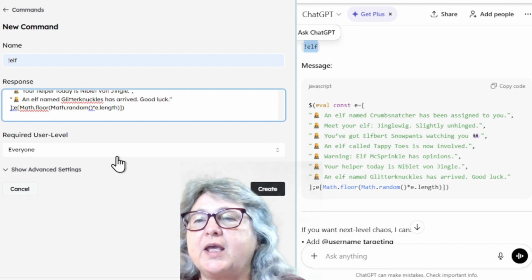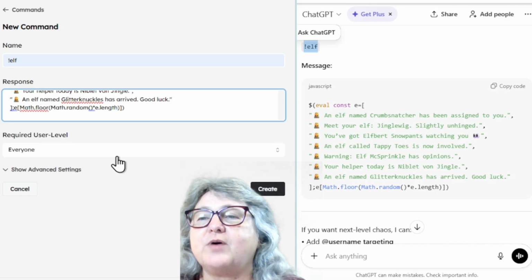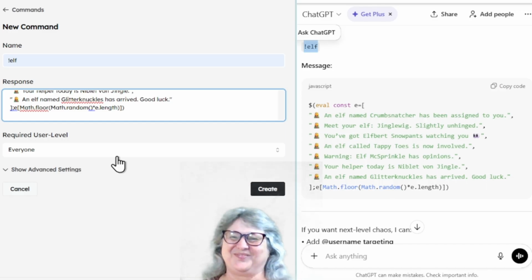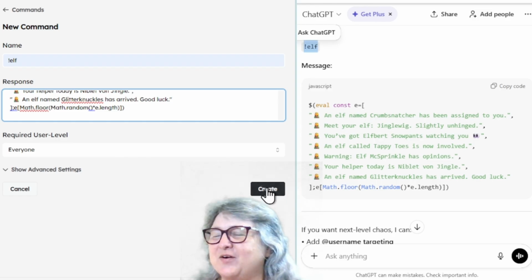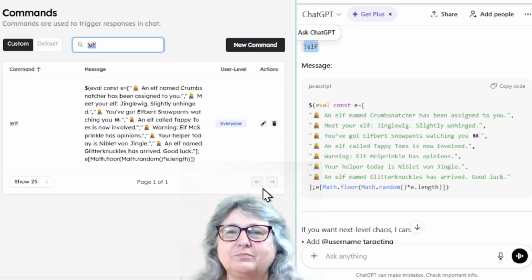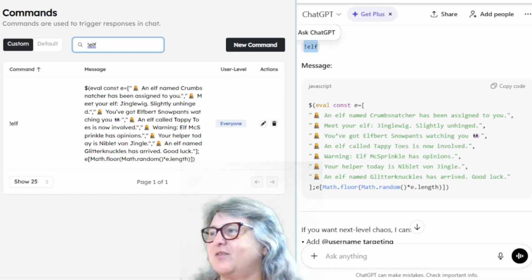An ELF named Crumb Snatcher has been assigned to you. An elf called Tappy Toes is now involved. Warning, Elf McSprinkle has an opinion. So that's just some fun things that we can add there, and we press create and it's now in our commands just like the other ones.